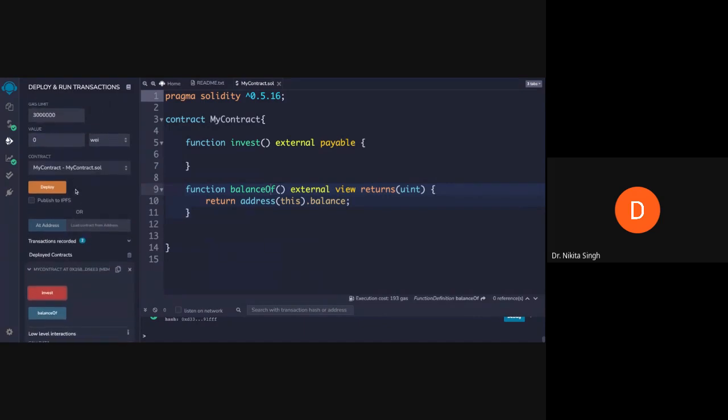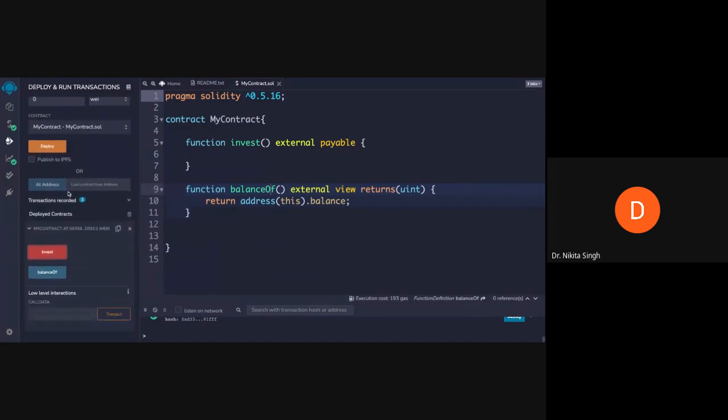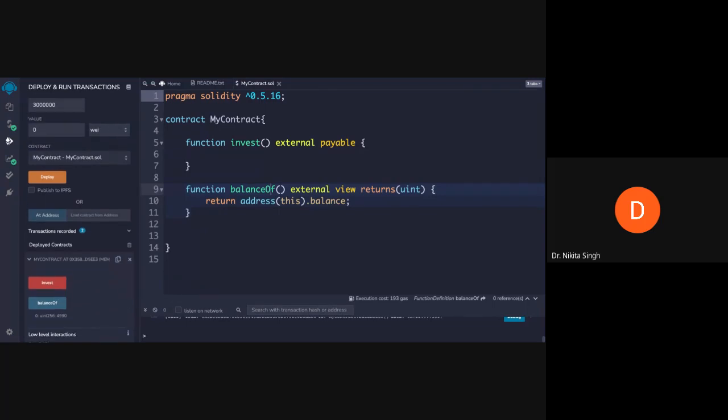That is, we want to send the value to this address. Now, if I check the balanceOf function, it will show me the amount of Ether that has been transferred here. It will tell me the amount of Ether that has been transferred to me. If you look at the current value here, it is 4,990.